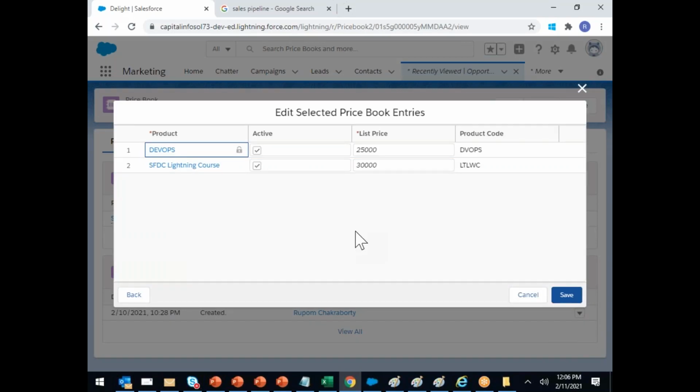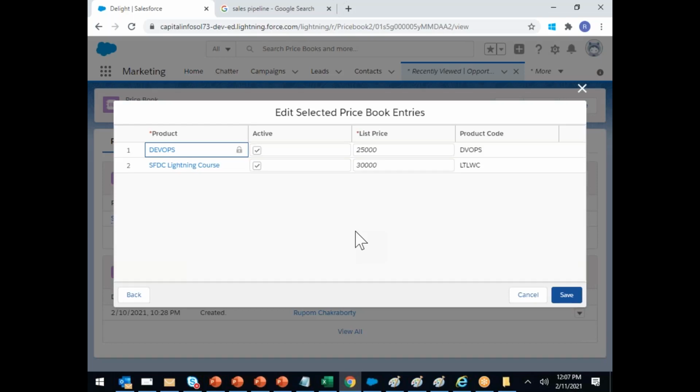If you are in the price book, you can add multiple products. But if you're in the product, you have to add one by one. Understood? From the product, if you're linking a price book, then one by one. But if you're in the price book, linking products, then multiple.